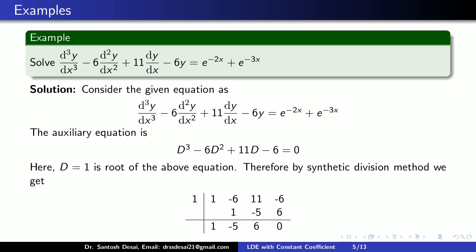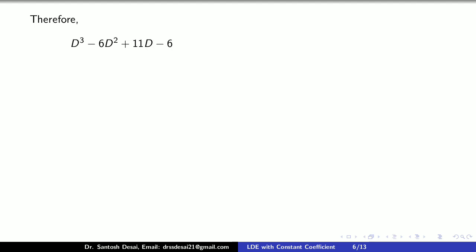And the quadratic factor is obtained by using the numbers below the horizontal line as coefficients of the quadratic factor. So below the horizontal line, the numbers are 1, minus 5 and 6. So 1 is the coefficient of d square, minus 5 is the coefficient of d, and 6 is the constant term. So thus one can write d cube minus 6d square plus 11d minus 6 is equal to, first we write the linear factor, that is d minus 1, then the quadratic factor d square minus 5d plus 6, and this is